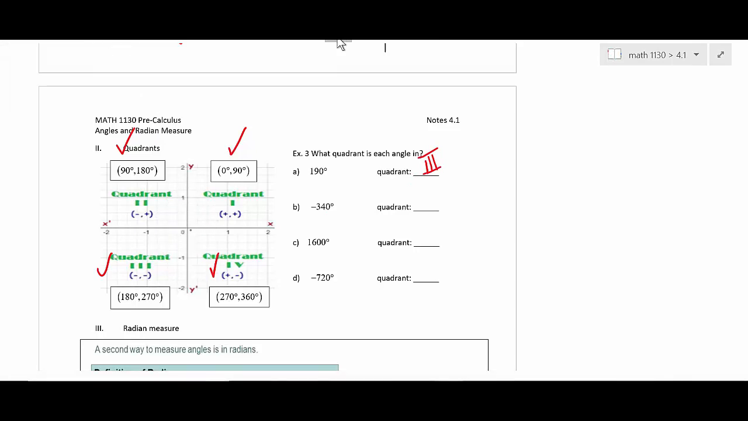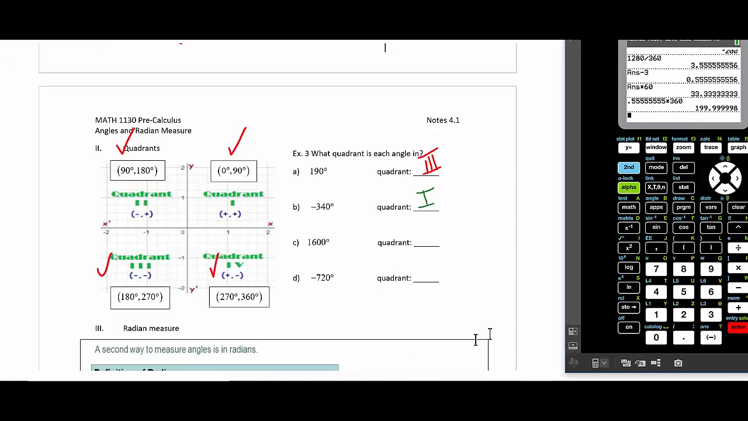Okay, this is a negative angle, so where would negative 340 go? It's negative, so it's clockwise, so where does it end up? Quadrant 1, right, okay, you would end up 20 degrees less than 1 lap around the circle, but it's clockwise, so you have to pay attention to that then, okay? All right, if you get something like 1600 degrees, we'll get your calculator out, okay, and just do